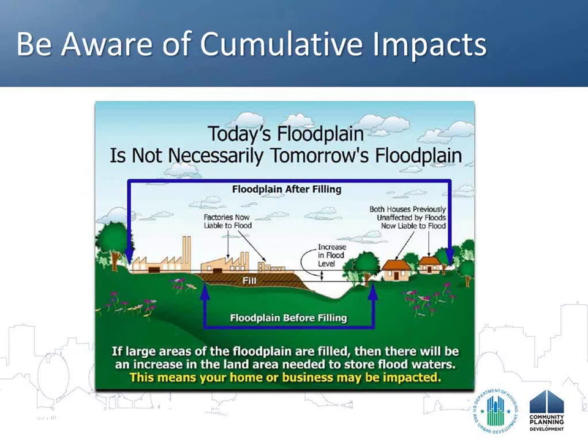This is also something to think about in terms of impacts. If you say that you want to avoid a lot of mandatory purchase requirements and maintaining flood insurance, so I'm just going to fill the land and put all these properties on top of a bunch of dirt to make them technically above the base flood elevation. If you do that, FEMA will give you a letter of map revision, and then they'll say mandatory purchase doesn't apply. But just know that when you do that, you are